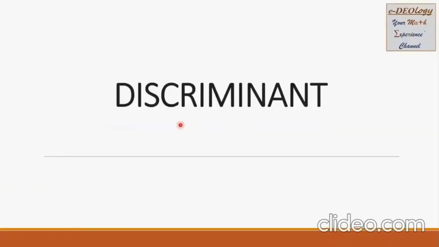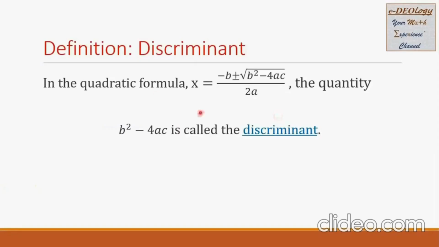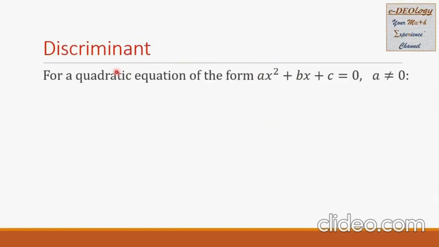Today we're going to study discriminant. Let us define discriminant. In the quadratic formula, the quantity b squared minus 4ac is the radicand of the radical in the quadratic formula. That is called the discriminant. For a quadratic equation in standard form, ax squared plus bx plus c equals 0, and a is not equal to 0,